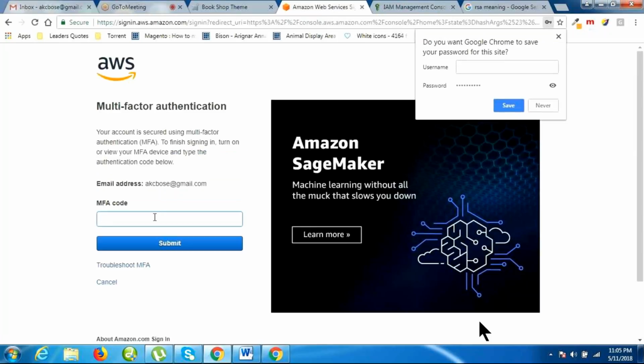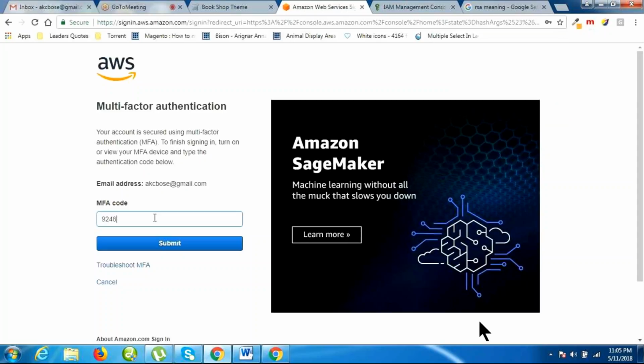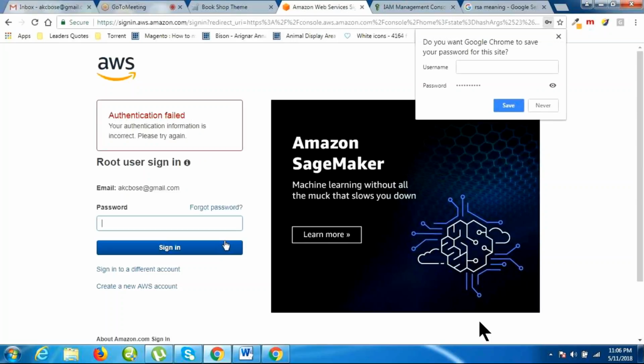Now see here, it is asking for the MFA code. Previously, it was not asking. Now you can get the code on your mobile phone. Please enter that code. Make sure both your password and the number are correct.